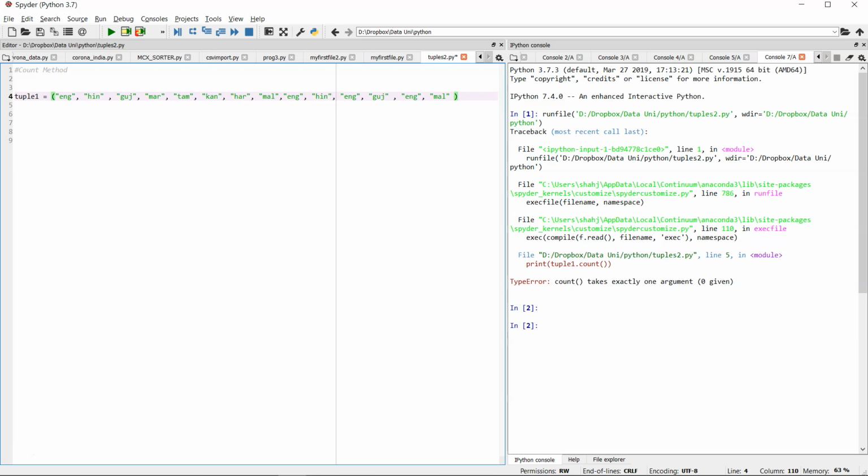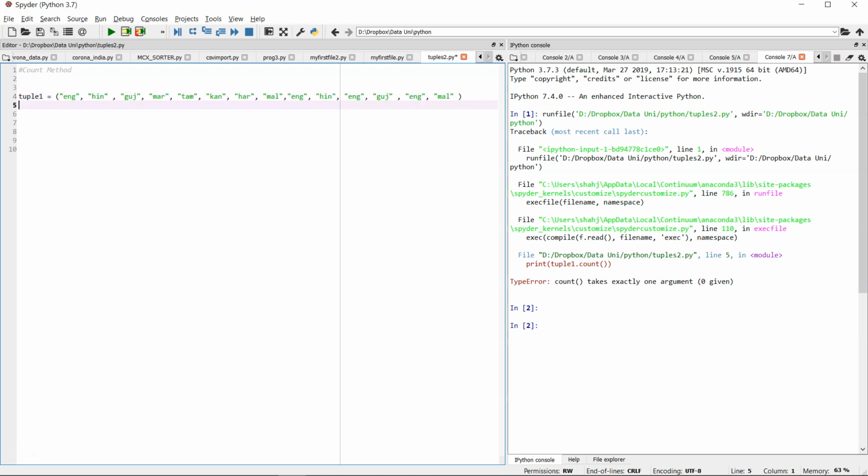Here I have created a tuple with languages spoken by students of a class. There are a variety of languages, with a few languages being repeated. What the count method does is count the number of times a language appears in this particular tuple. For example, if I do print